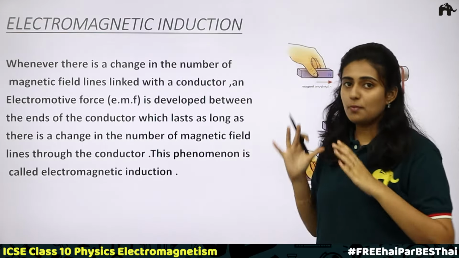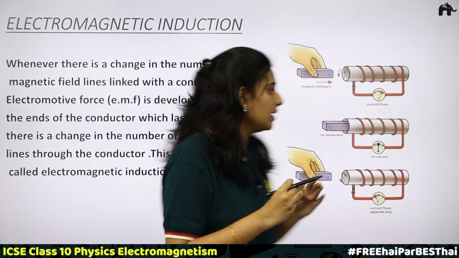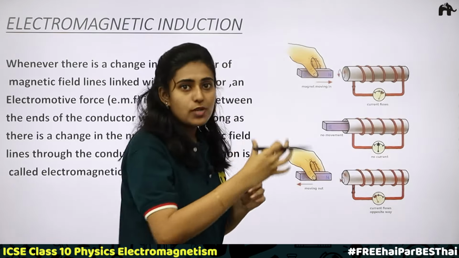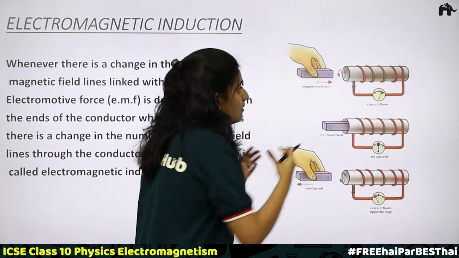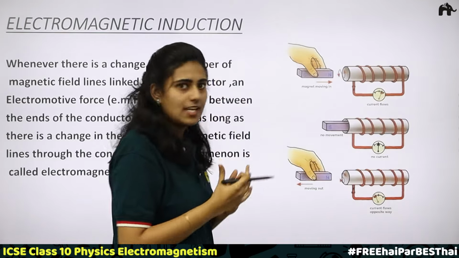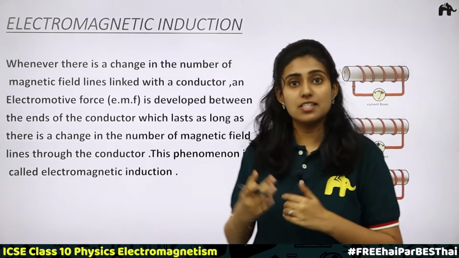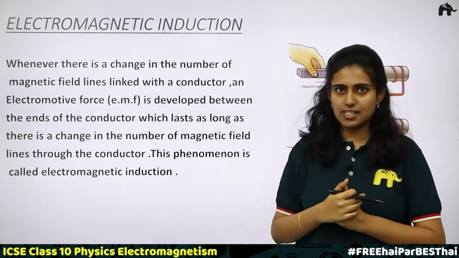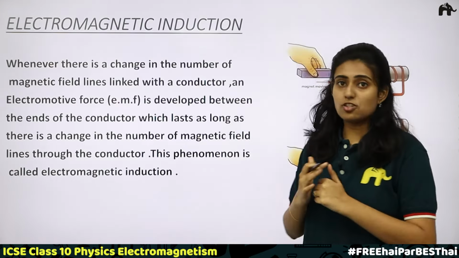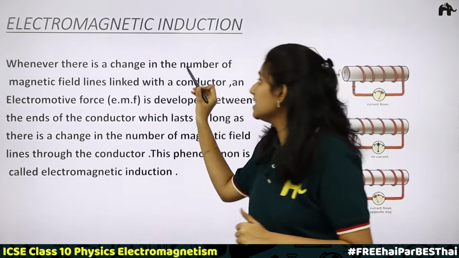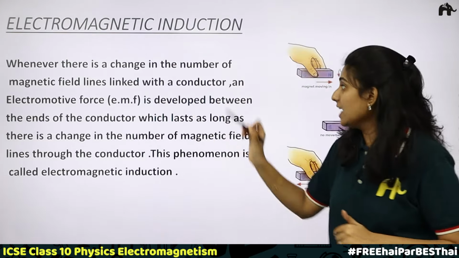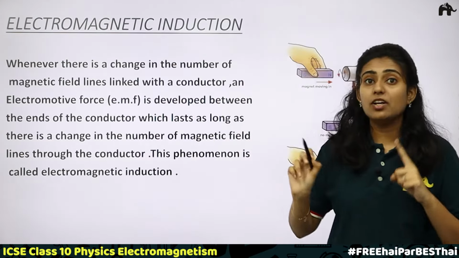So here, electromagnetic induction. What is happening? When the magnet is moved to and fro, the number of magnetic field lines passing through the coil is changing. Due to this change in the number of field lines passing through the coil, the magnetic flux will change. So you can explain electromagnetic induction as: whenever there is a change in the number of magnetic field lines linked with a conductor, an electromotive force